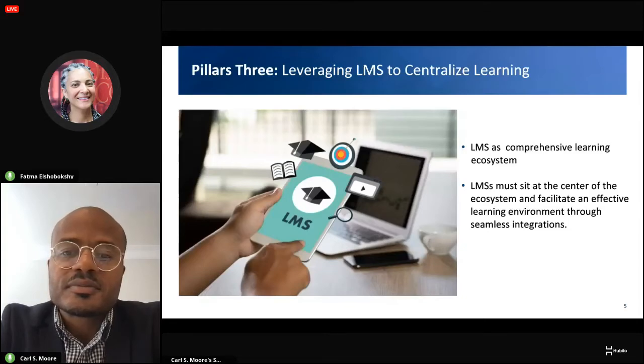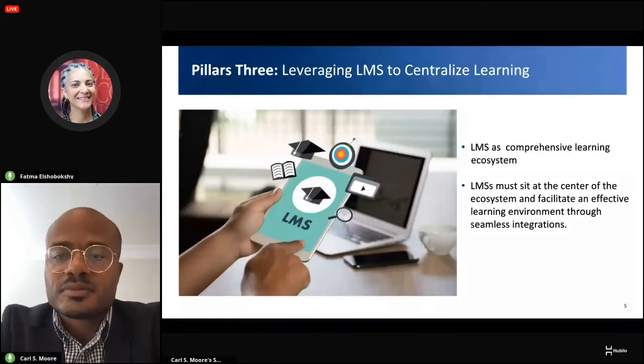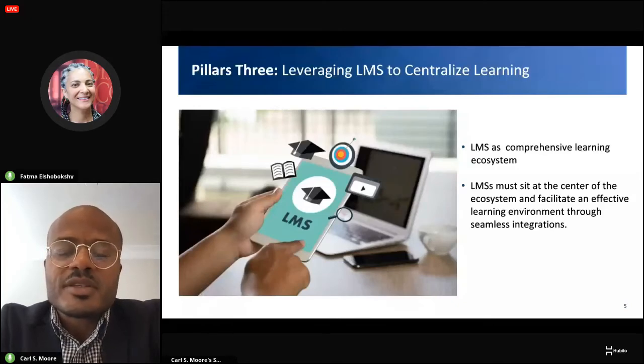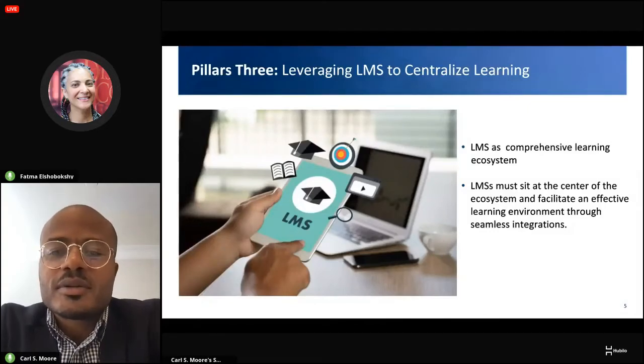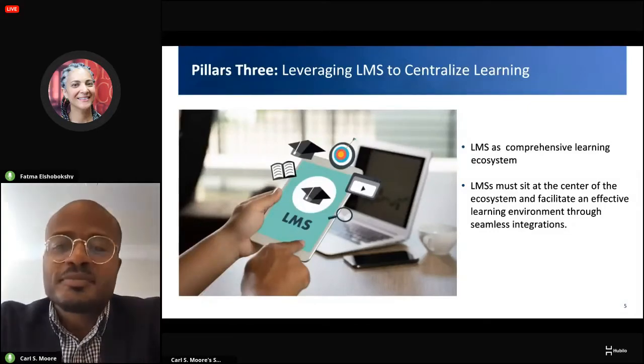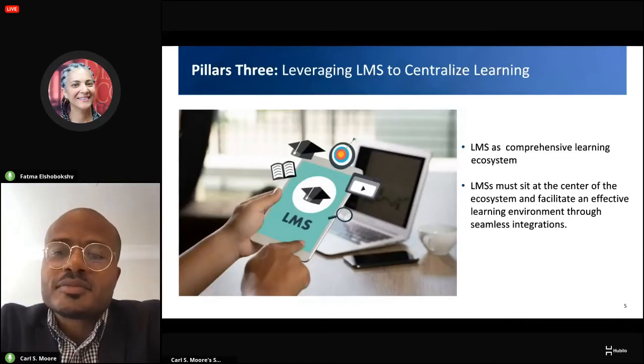And if we have a tool that doesn't have an integration, for example, I forgot the tool that we just integrated. It's an assessment. Qualtrics. Exactly. Thank you, Dr. Moore. What we did is we created a link within the LMS so the students don't even have to go outside the LMS. And the link inside the LMS uses a single sign-on, so it will be a little bit more streamlined.